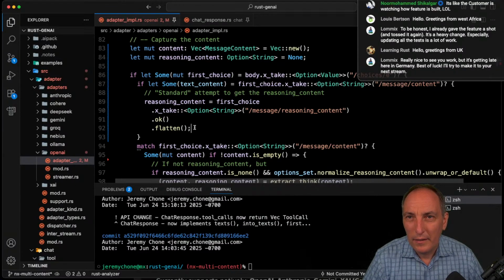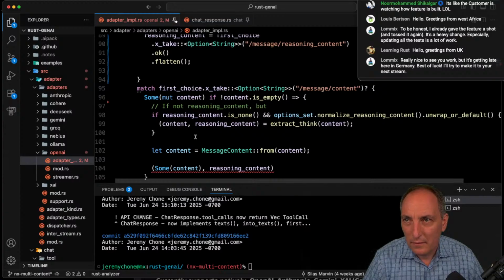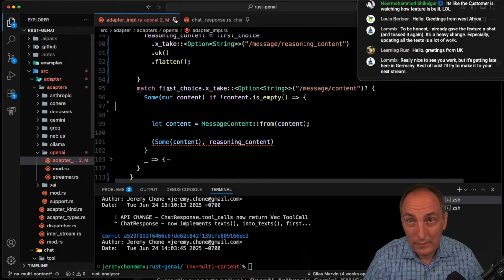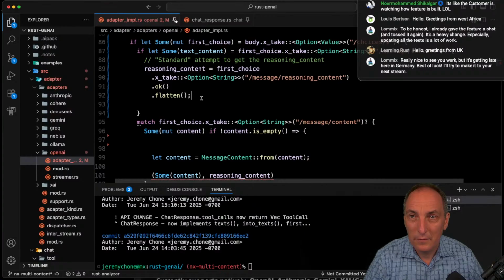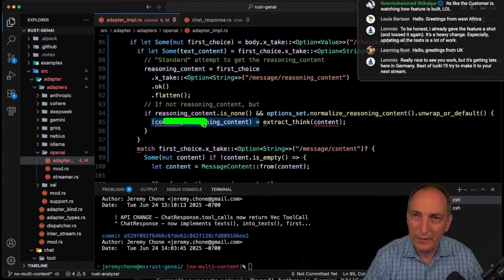And then we're going to still do that. If reasoning content is none, extract. Interesting. So that is interesting. So here what we're doing is to say, if there's no reasoning content, and the option is to normalize reasoning content,